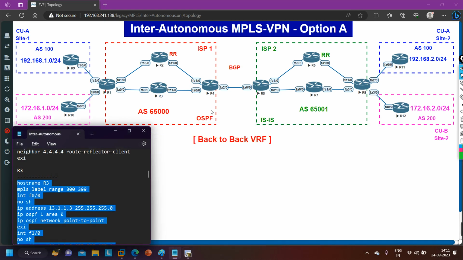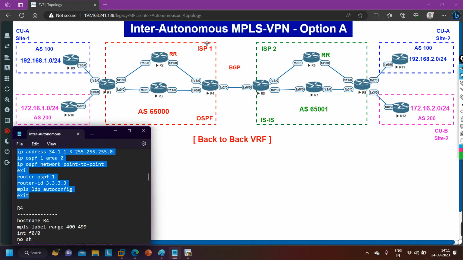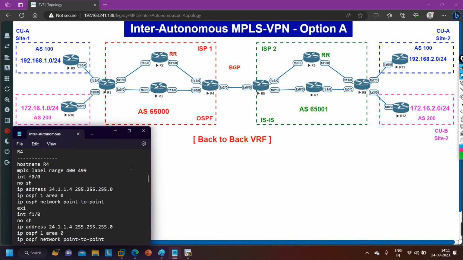Done. Now finally we need to configure router number 4, the last router in ISP 1. So on router number 4, guys, try to understand the configuration of router 4 carefully. See, first of all, we have defined the MPLS label range, then IP configuration like interface FastEthernet 0/0, IP address is